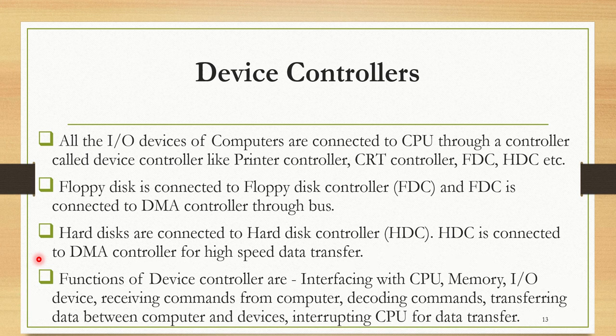It raises an interrupt to the CPU that it wants to transfer data from the pen drive to the hard disk. So it reads the data from the pen drive and stores it in the memory, and from the memory to the hard disk. This job is again done by DMA only. So many jobs of the computer, mostly pertaining to I/O services, are done by the DMA controller.